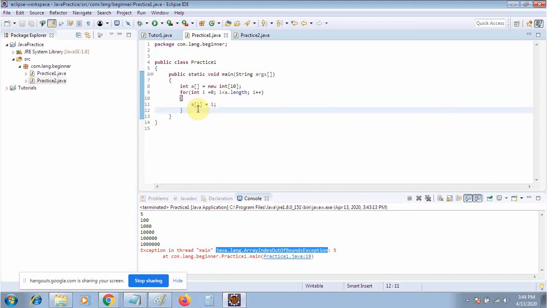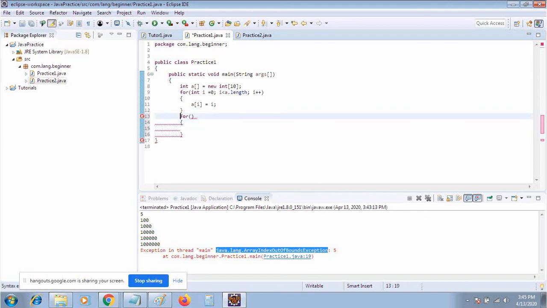Now again I will use the for each loop to print all the elements. As I told you, for the for each loop first of all you need the element, like element, and then give your array name, whatever you have taken.